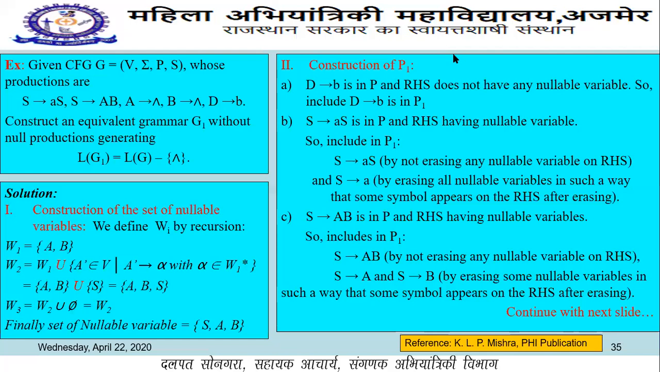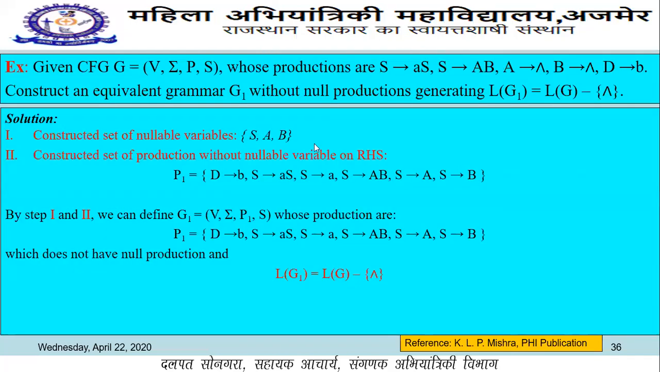So here we conclude our solution. For the grammar G, we construct a simplified grammar G1 without null production. So we eliminate this production and this production, and we construct L of G1, which is equivalent to L of G without the null string. By the first step we construct these three nullable variables, and by using the second step we construct these simplified productions. Okay,